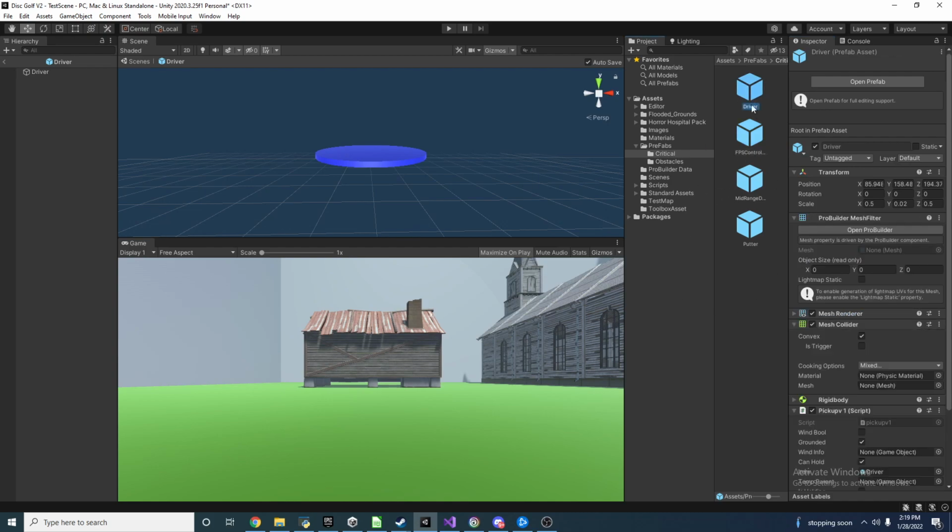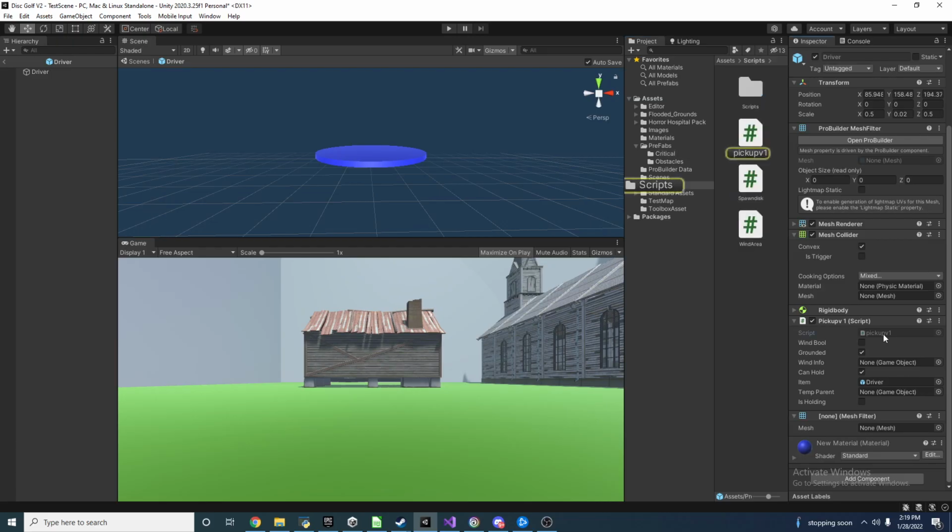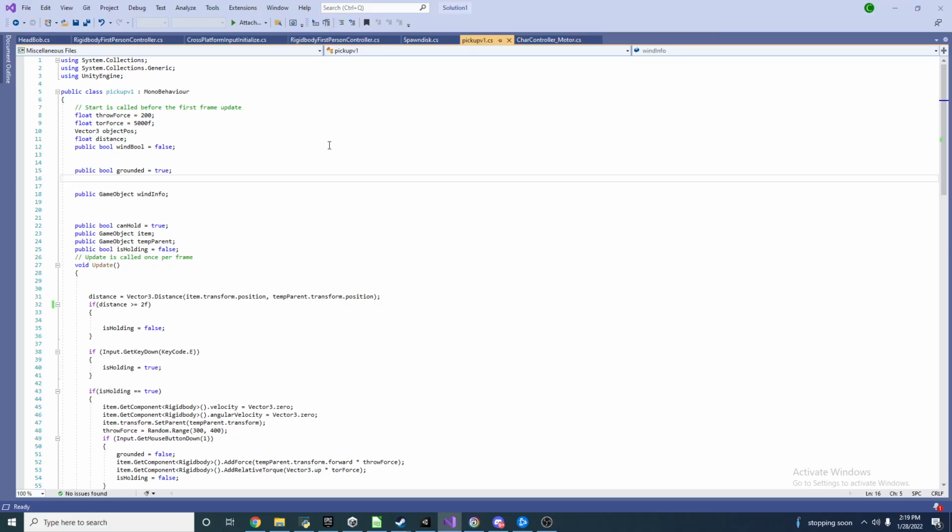So that's that. Then all three disks use the same script, which is under this pickup v1 here. So pickup v1 has a few functions and fields, values, variables. At the top we have throw force, which is utilized to determine exactly how much force we're adding to this disk as it is thrown. No, that stays the same for every